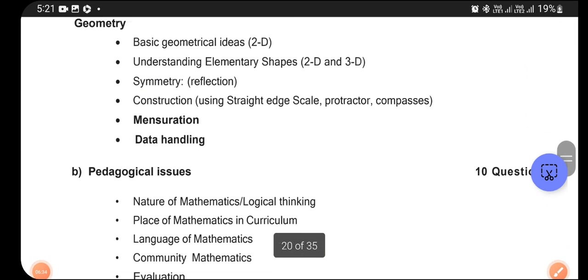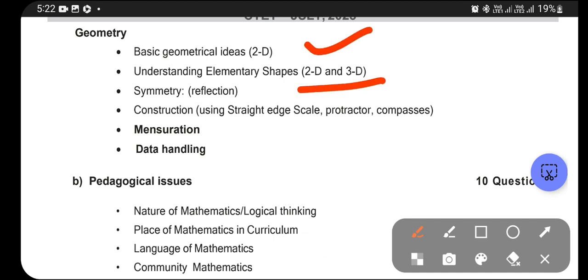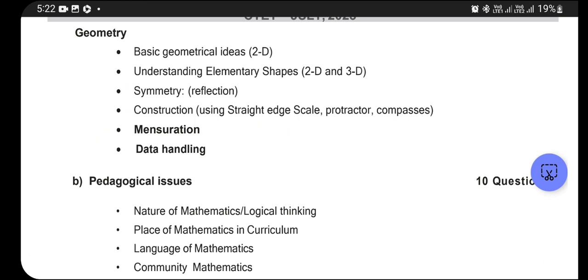Now coming to the geometry part: basics of geometry, that is 2D and 3D figures, understanding elementary shapes, symmetry, and construction using straight edges, scale, protractor and compass. Okay,